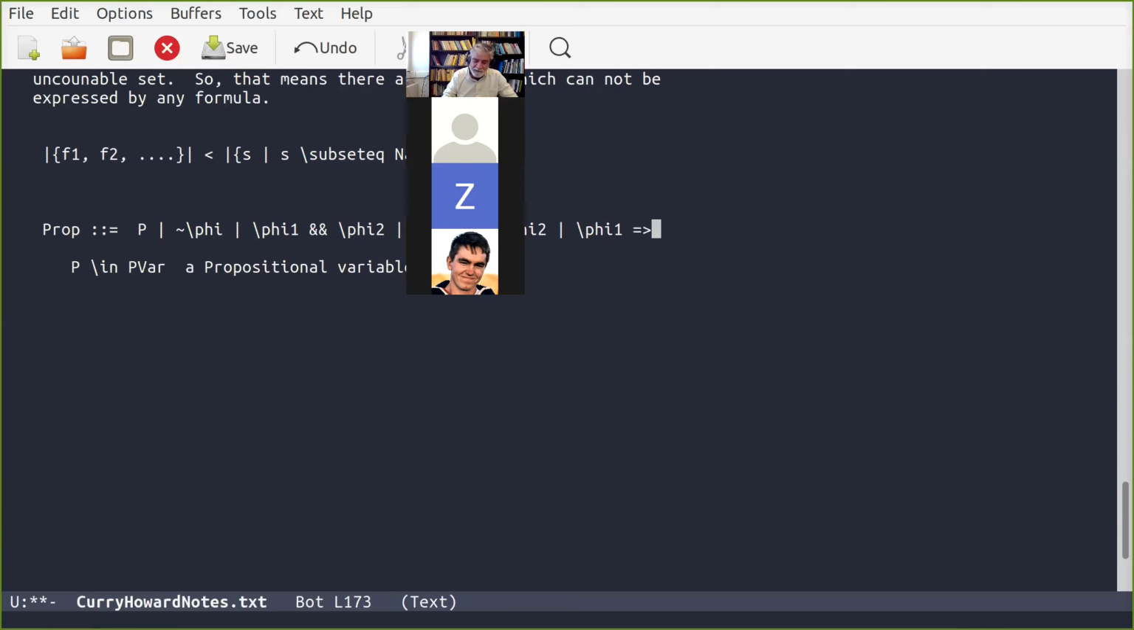Well, I'm going to use this here for phi 2. So those are all the formulas. Let me say here, just or. Okay, yeah, that makes sense. Okay, and